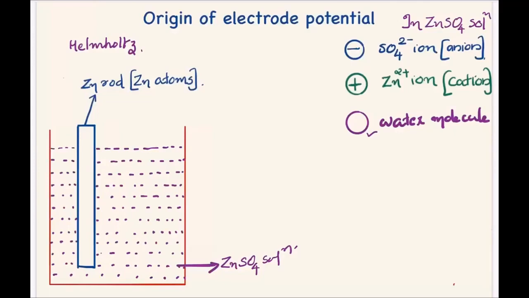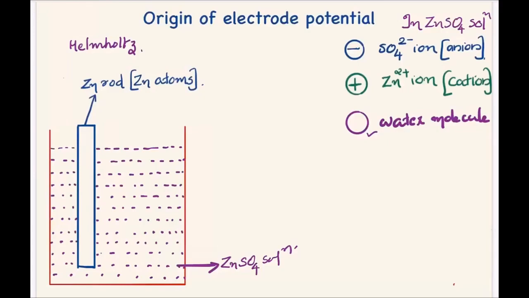That means the charge density, a very small charge density, created in metals is of positive charge. So all metals have a tendency to absorb negatively charged anions. Zinc sulfate solution contains numerous sulfate anions. Among those sulfate anions, some will move towards the metal rod and get absorbed on the